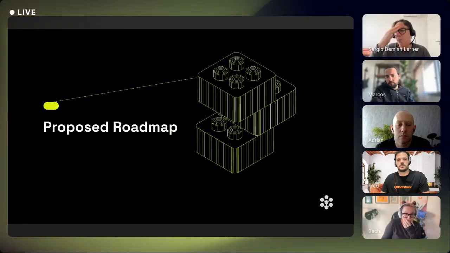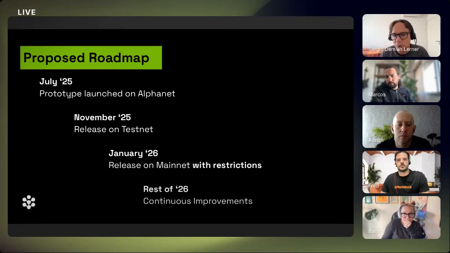So we have a roadmap that we propose to the community, and we want to keep discussing this with the community. In July, we will do the first launch of this bridge on the AlphaNet, which is an internal testnet that we use in Rootstock Labs. So this is a private launch. If you want to participate somehow, let us know,